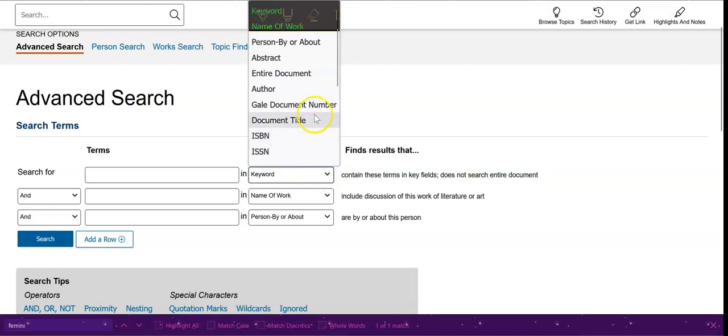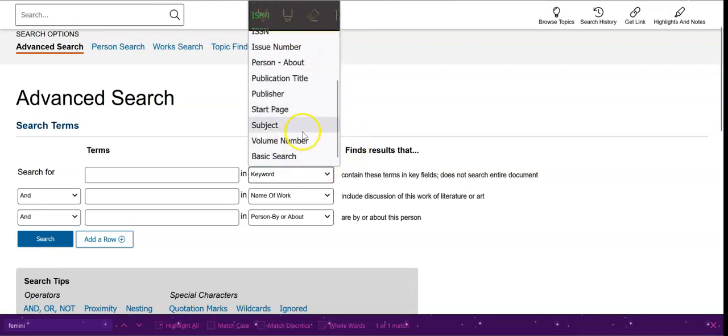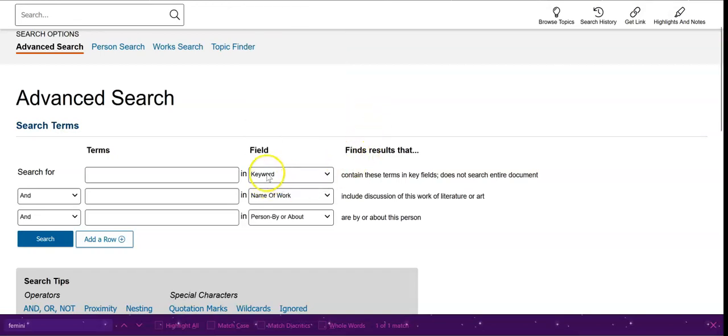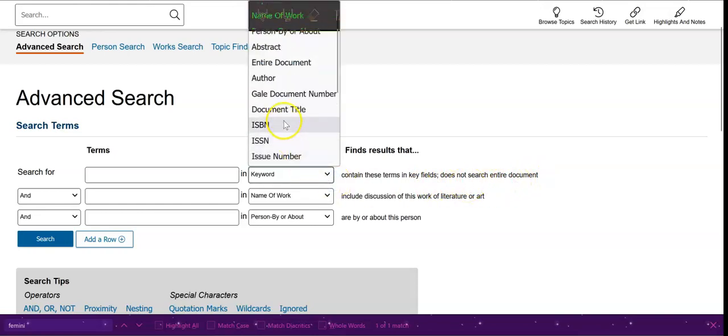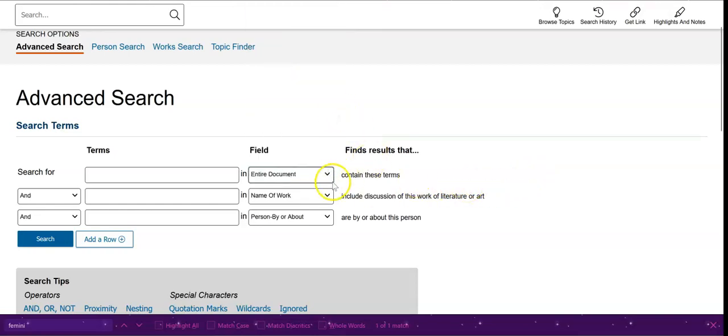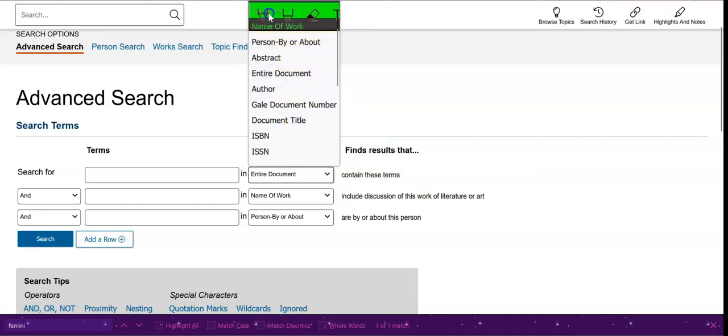They have a lot of different fields that you can go through: keyword, name of work, person, by or about, abstract, entire document, etc. And if you don't know necessarily what it is you're looking at in this field, there is an explanation to the right. Keywords will find results that contain these terms in key fields, and it doesn't search the entire document. If you wanted to search the entire document, you can actually click on entire document, or a different type of